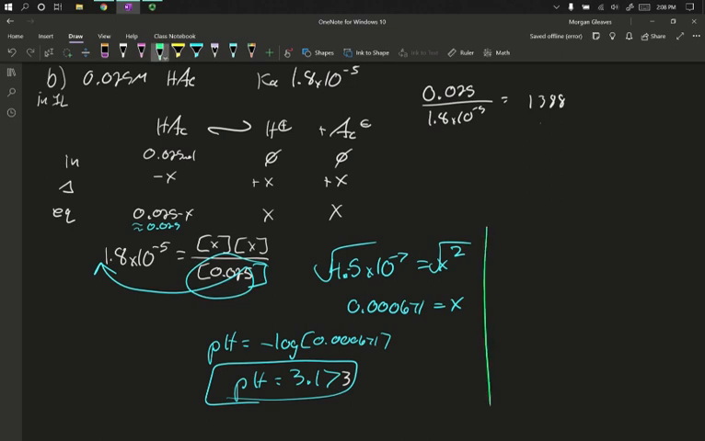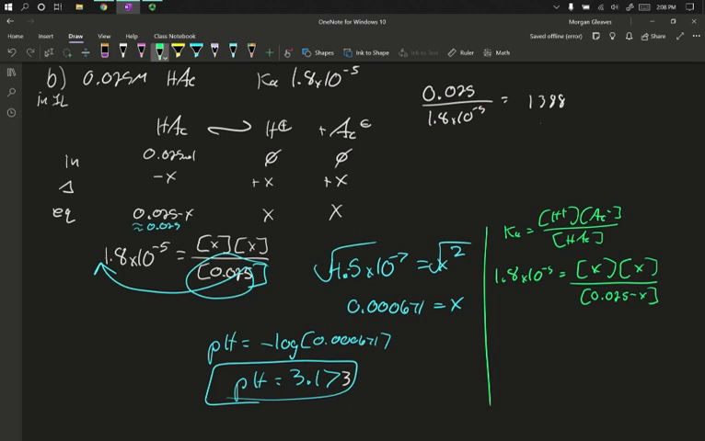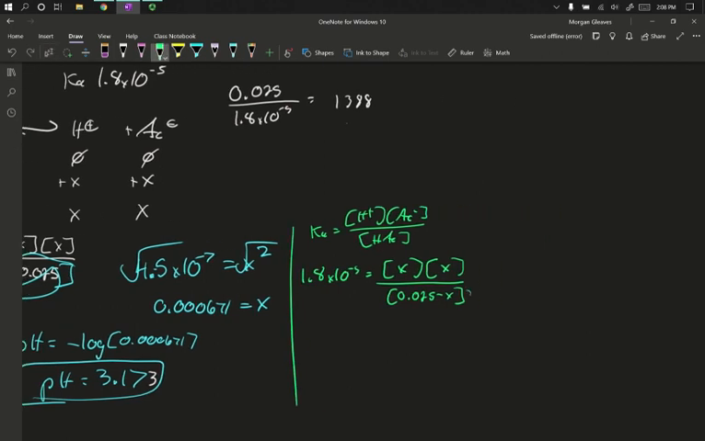Well, in this case, my Ka is still going to equal my products over my reactants. It's going to be my H plus, my AC minus, all over my HAC. So 1.8 times 10 to the minus 5 is going to equal X for my H plus, X for my base, and 0.025 minus X, we're going to keep that minus X in. Well, as a result, I've got to multiply it out a little bit. So multiply this part up. We're going to end up with